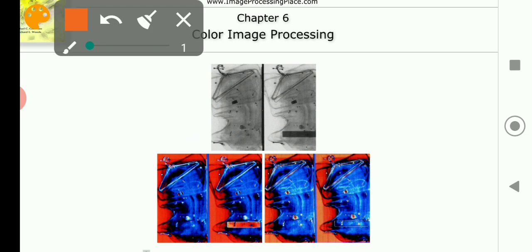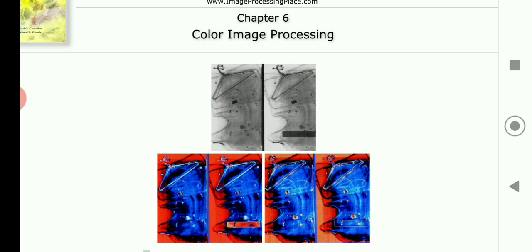The purpose of taking this example is to show how the intensity level to color transformation can be used to obtain various degrees of enhancement. If I want to obtain the enhancement, how could it be done using this method? We'll understand in much more detail once we come to the lower images. Before that, if I want to show the transformation functions, they would look something like this, friends. These are my transformation functions.